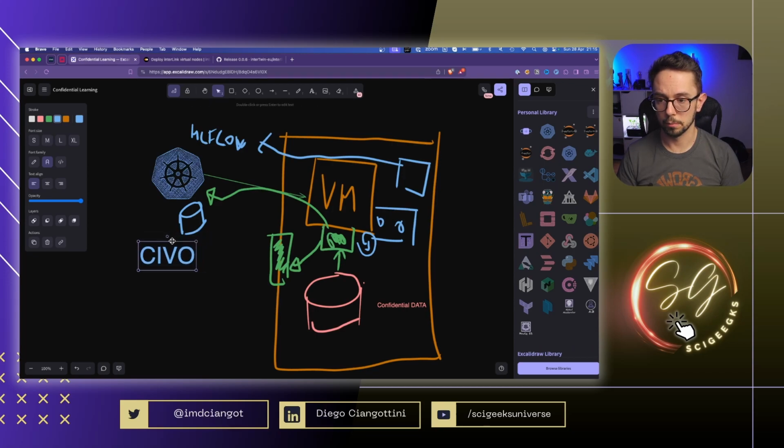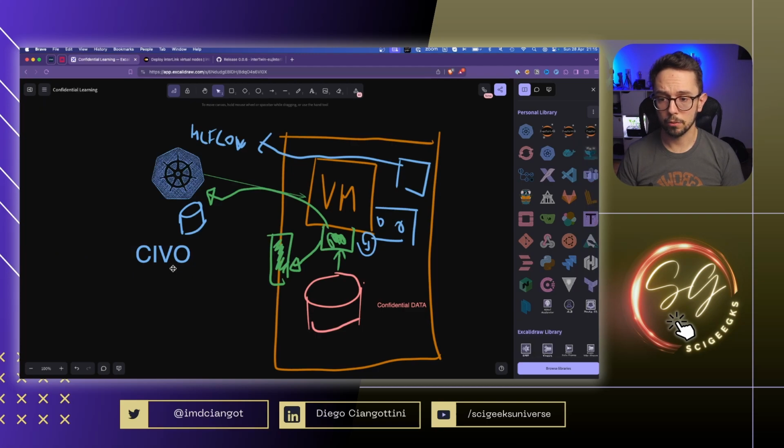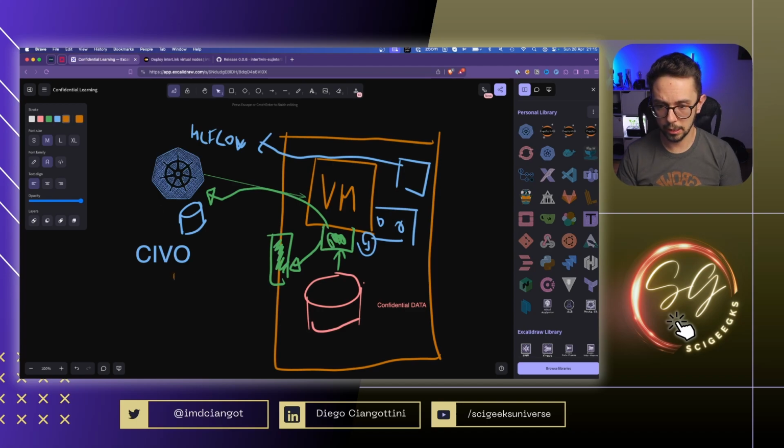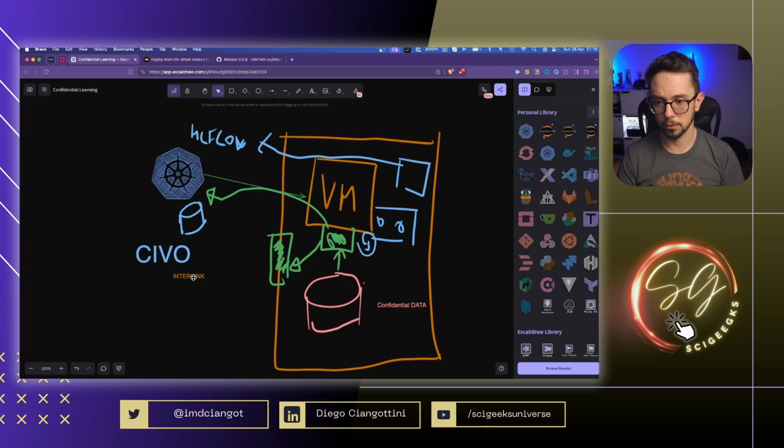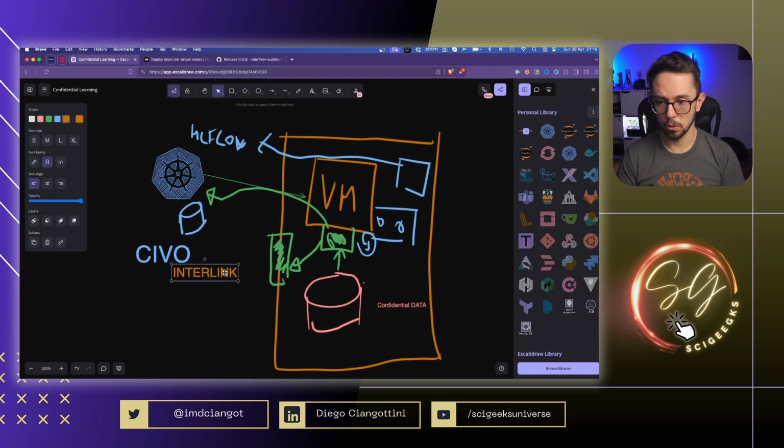So we start from here, and then on top of this, we install a tool that is called interLink. That is the one that I presented and I received the use case for at the last KubeCon. So Civo plus interLink